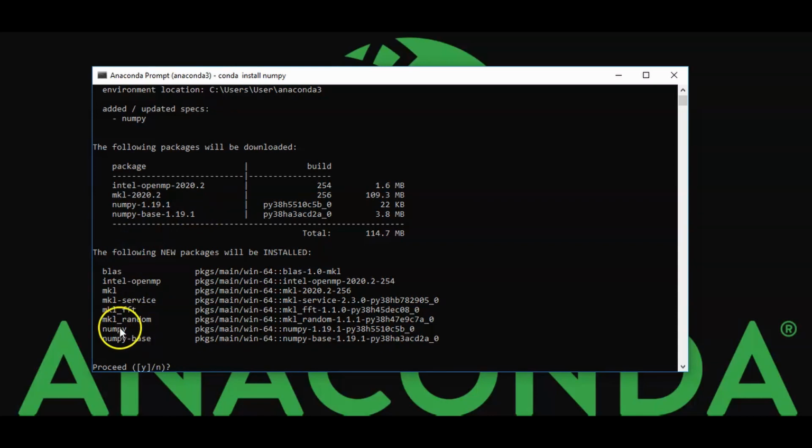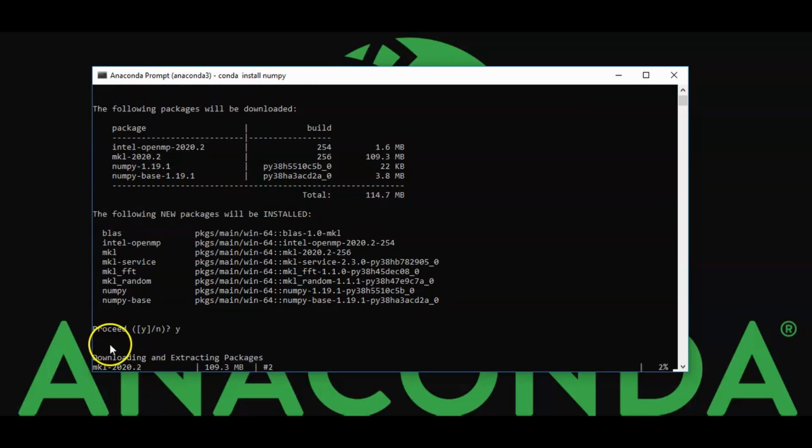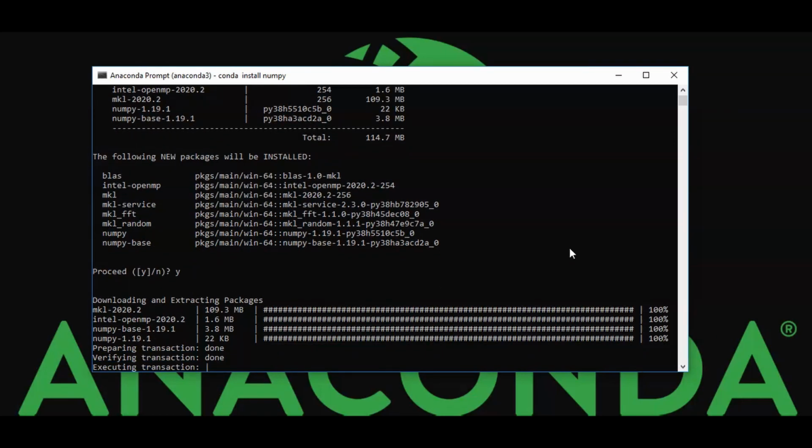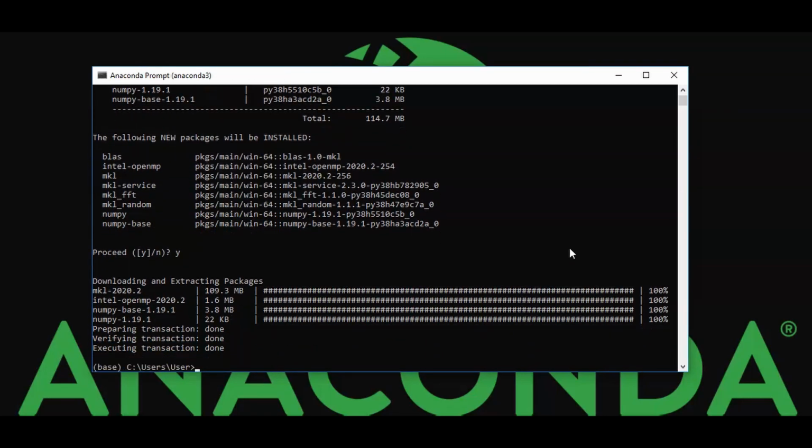Here you can see the packages it will install. To proceed, we are giving yes. It's downloading and extracting the packages. Yes, the NumPy package got installed and it is successful. The packages have been installed and it is verified also.